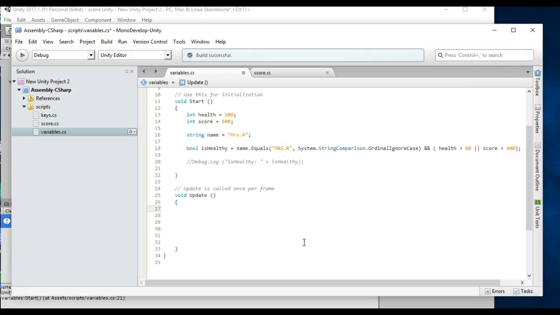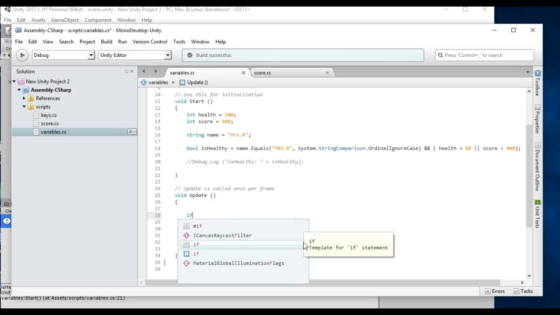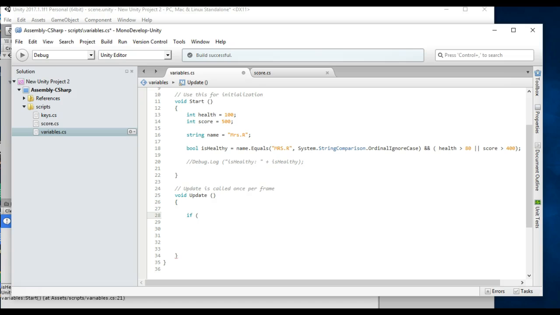Alright, in the last video we saw how to use logical operators and conditional operators to find if something is true or false, and we put that true or false into a Boolean variable. Now we're going to get to the nitty-gritty of it, so we're going to use if statements to use that true or false to make things happen. So, an if statement,